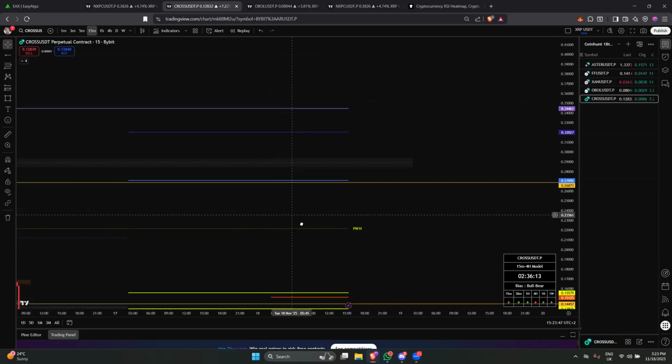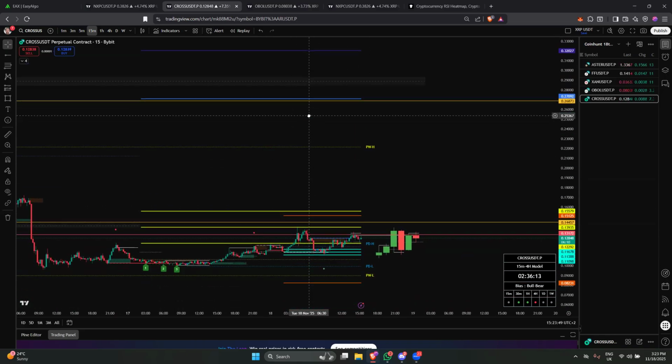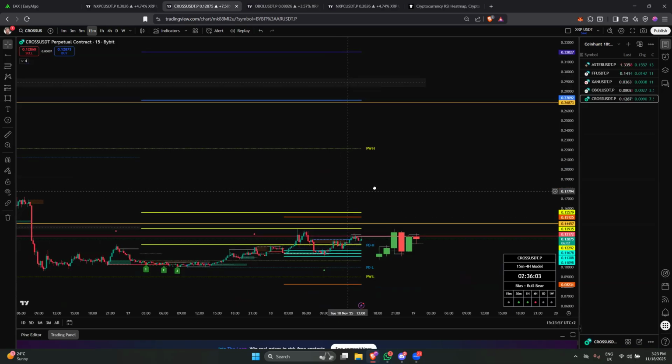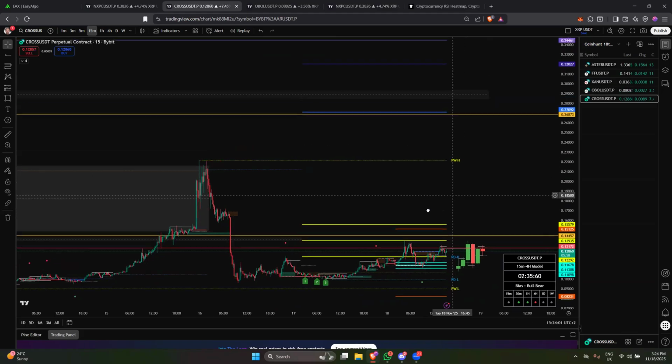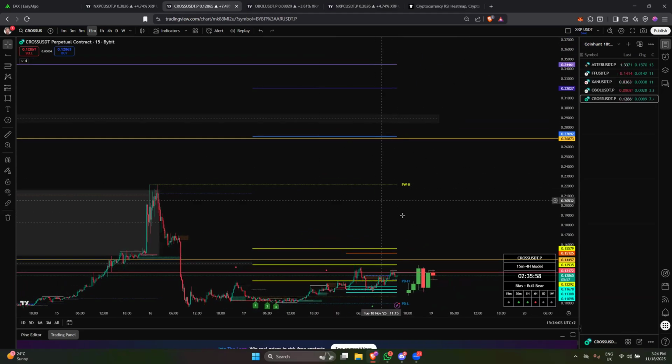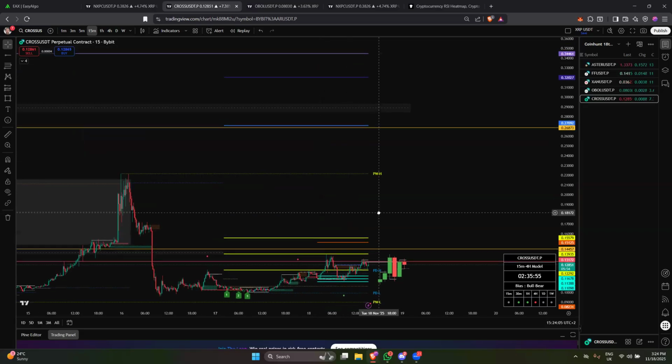Let's see. So here's a lot of area of interest, in my opinion. Although you've got your narrows and your R3 here, I think, based on the actual movement, it is going to definitely move a little bit more. So